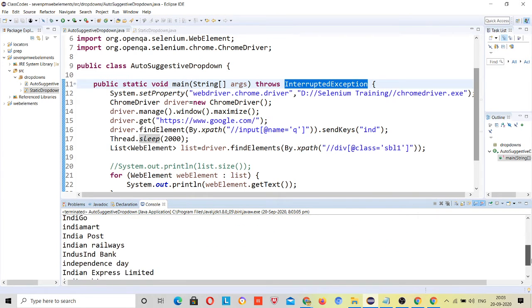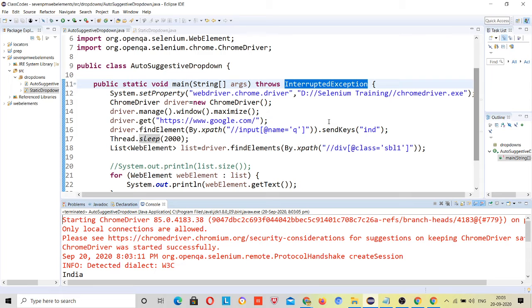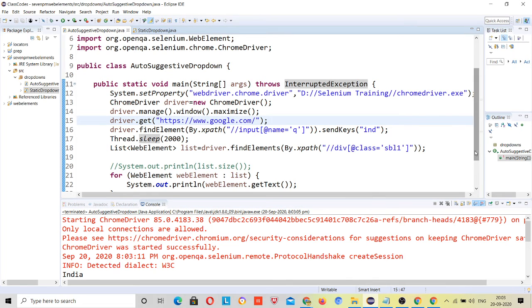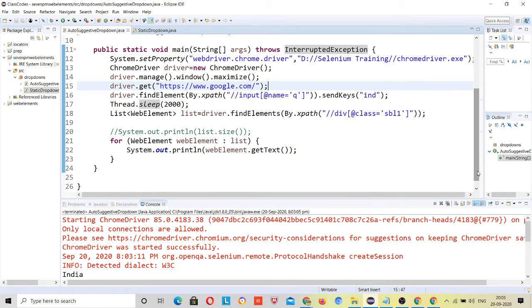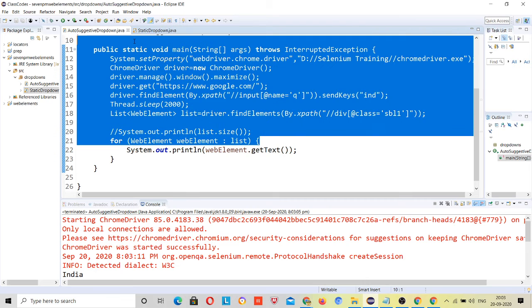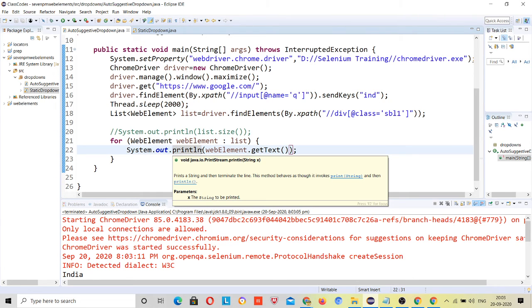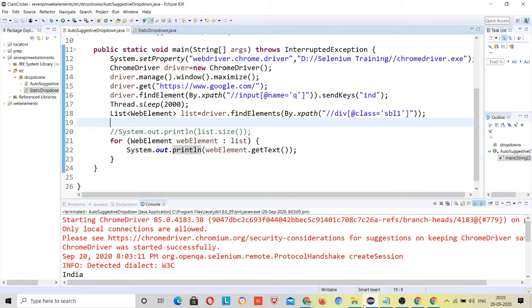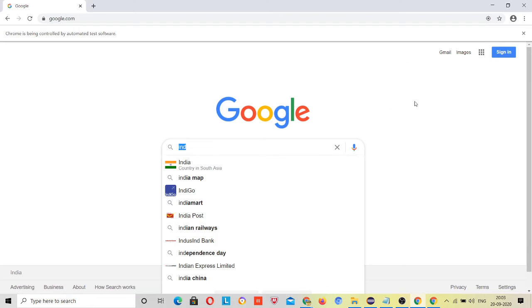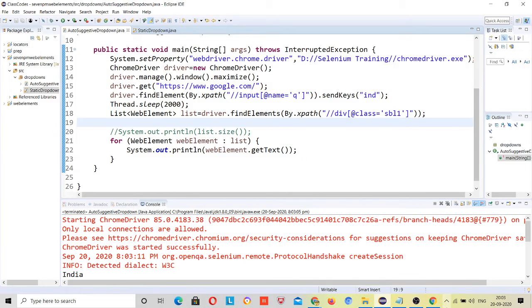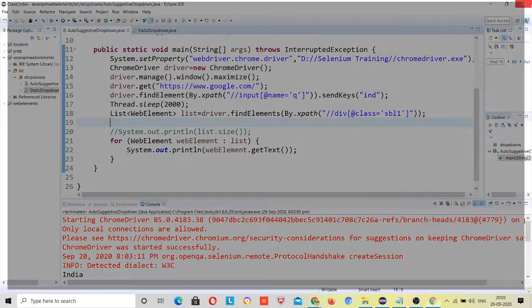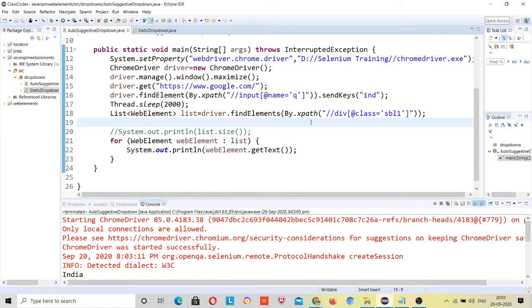All the results are printed now, right? So this is about your auto suggestive drop down. Anybody want to ask any question? Any doubt?